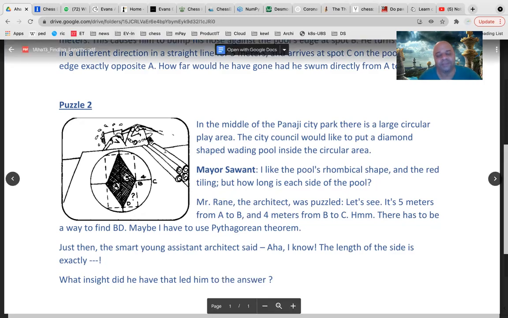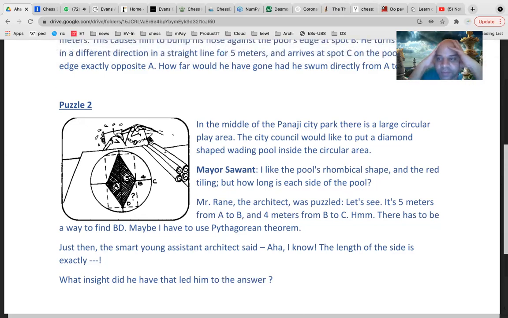First, rhombus means all 4 sides are equal. That is a property of a rhombus. It is also a property of a square, but a square is not only that all 4 sides are equal, but all the angles are 90 degrees. A rhombus is a squashed kind of square, where you take a square and press the 2 side points, then it will change its shape and you will get a rhombus.